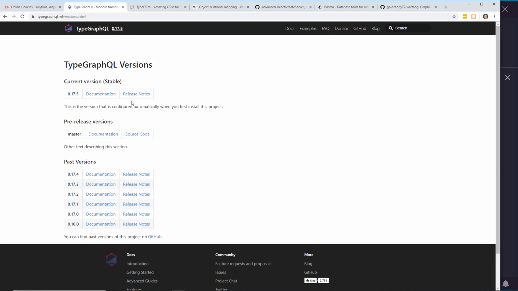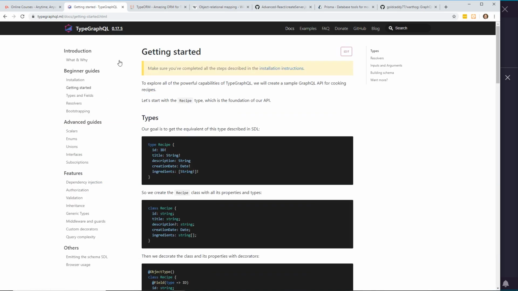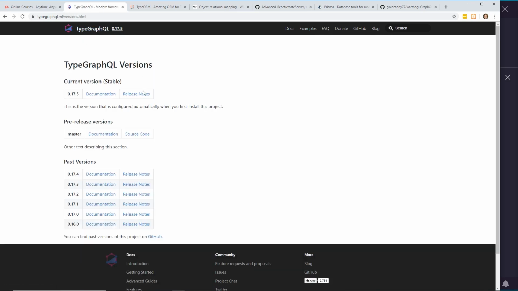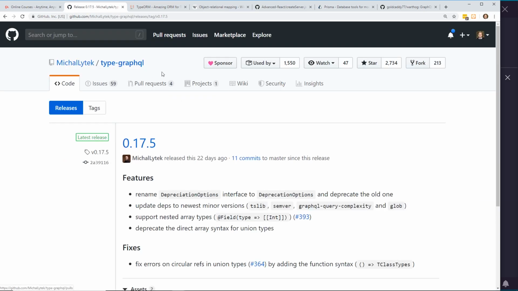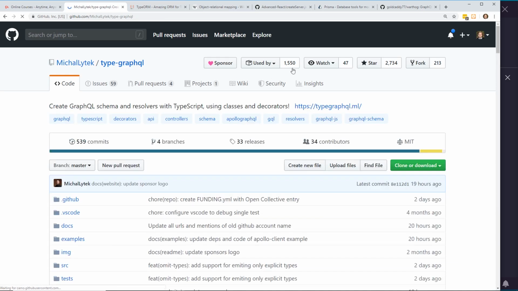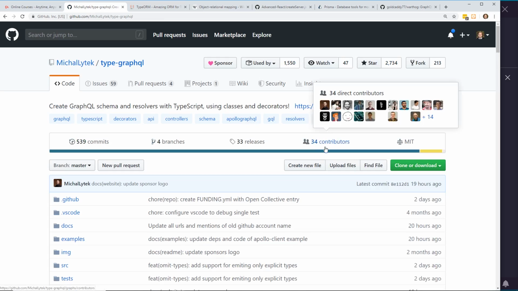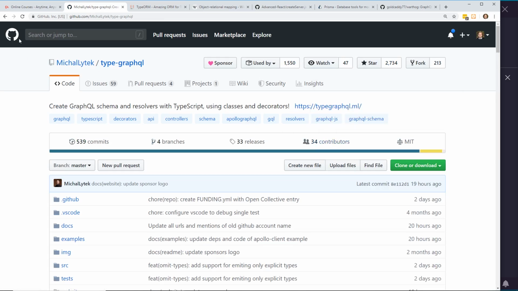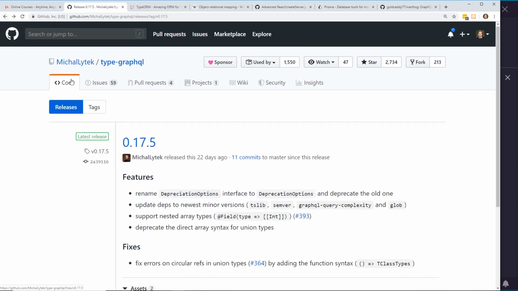It's pretty stable. If I go to the GitHub release notes here, there's a one up at GitHub. It has lots of stars, 2,000. It has pretty good active development. They have over 34 contributors. It's been going on for a while, and it seems like it's here to stay, which is another thing that